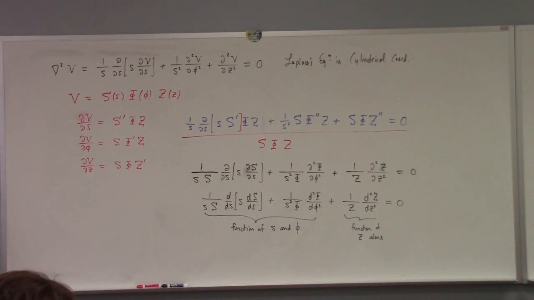So Griffiths, thankfully, throws us a bone here and says, part of the reason I'm using this book and not another book is it gives me license to be lazy. And he says things like, oh, you don't think about this as an undergraduate. This is graduate level stuff. So we're going to assume that partial V over partial phi is equal to 0. So this would be what's called azimuthal